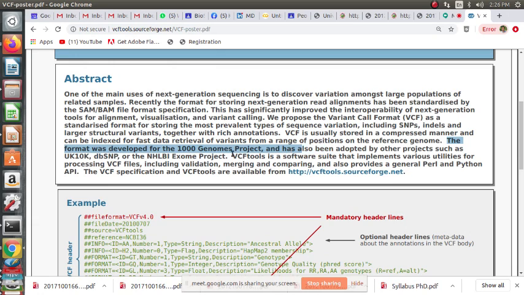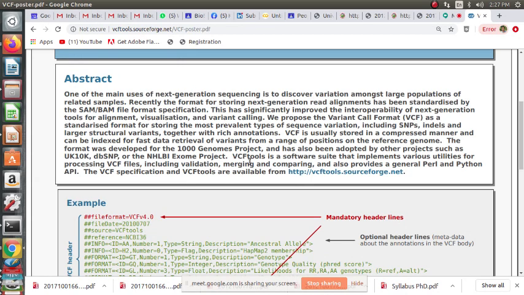The format was developed for the 1000 Genomes project, which initially aimed to sequence genomes of 1000 individuals across the globe of different backgrounds like ethnicity, race, demography, and so on, and has also been adopted by other projects such as UK10K, that's 10,000 individuals in UK, dbSNP, database of single nucleotide polymorphisms, and the NHLBI exome project.